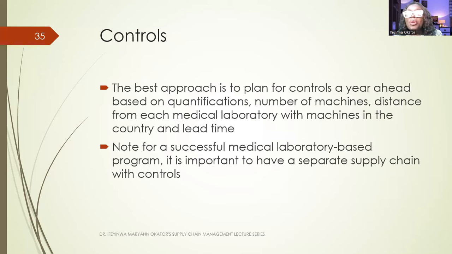Because controls are used at a specific time of the year, it is better to plan ahead of time, at least 1 year ahead, based on the quantification you have done and the number of machines that you have on ground. Then you have to consider the distance from one laboratory to the other, and the time it will take